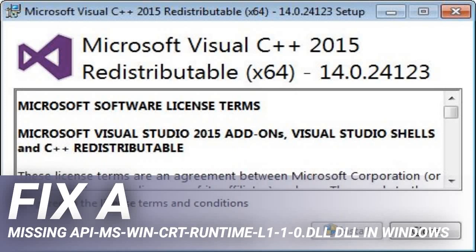Fix a missing api-ms-win-crt-runtime-l1-1-0.dll in Windows. If you try to run a program and receive an error stating that the